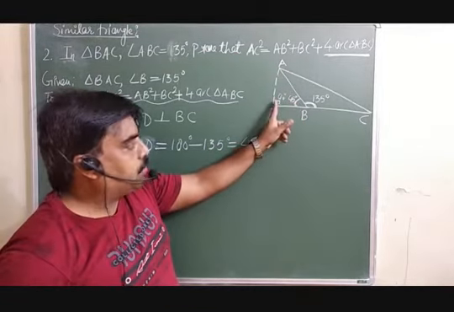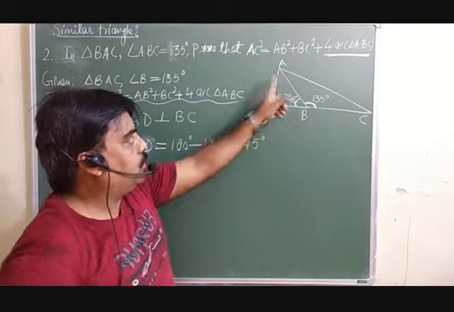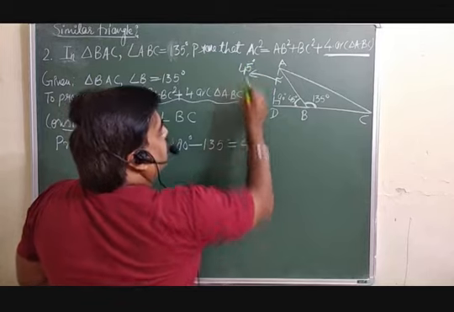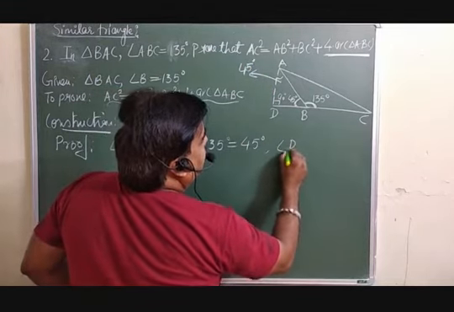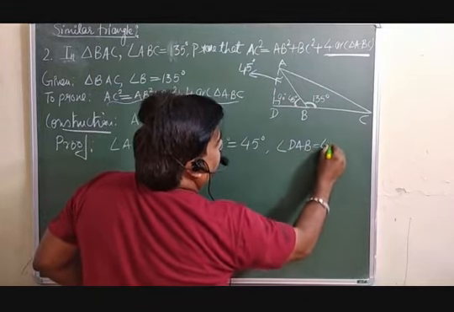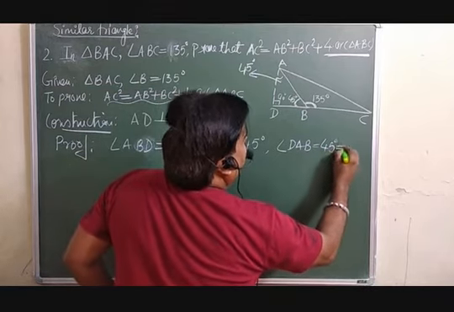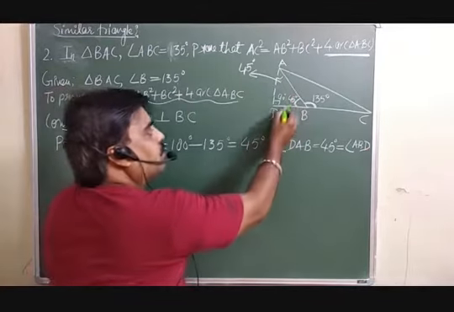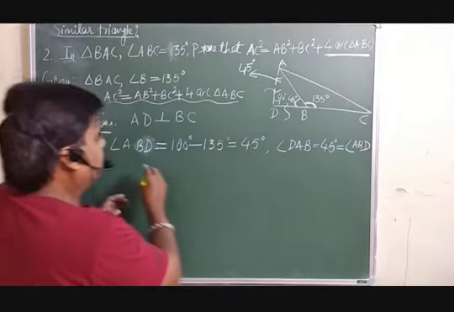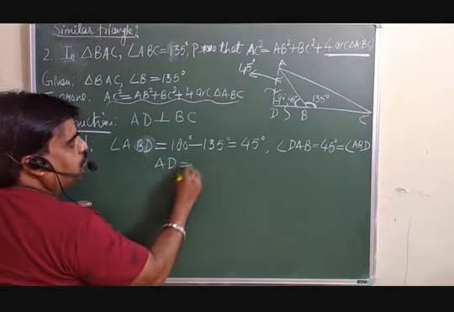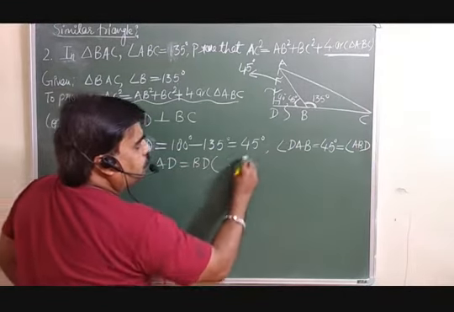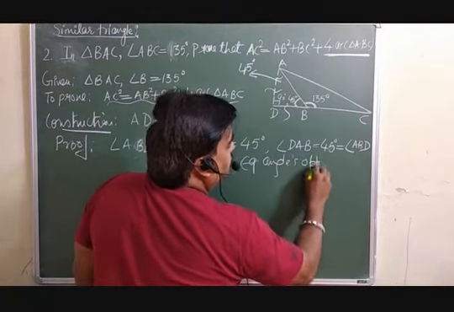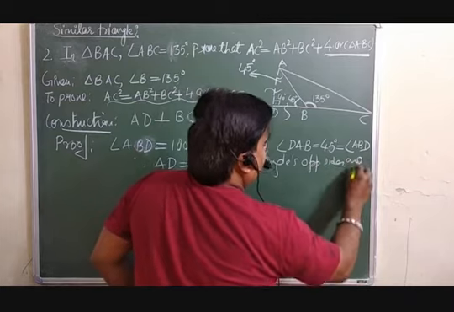And the sum of these three angles will be equal to 180. So this is 90, 45. So it means this angle is also 45 degree. So you can say here the angle DAB is also 45 degree, and that is equal to the angle ABD. And this is equal to this one. Then you can say this side BD is equal to, therefore you can say AD is equal to BD. Already you know equal angles, opposite sides are equal. This is already we know that.